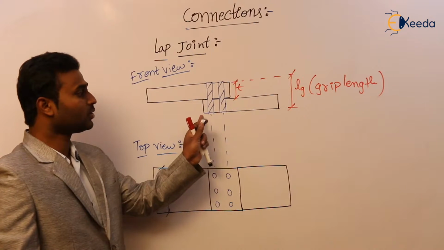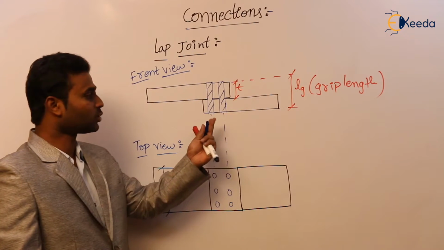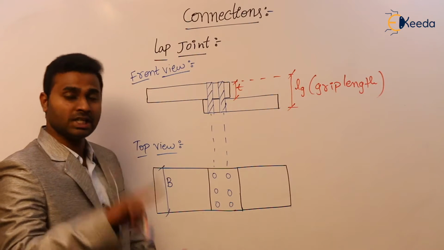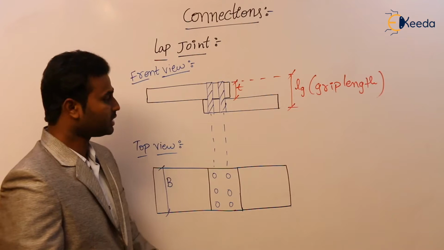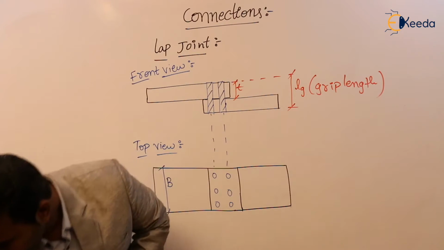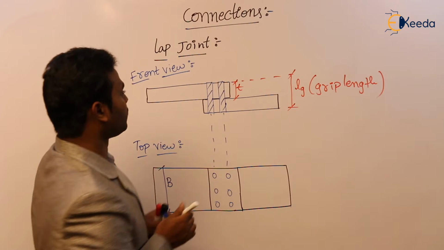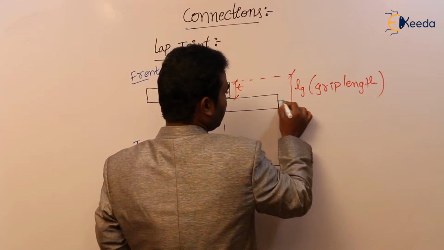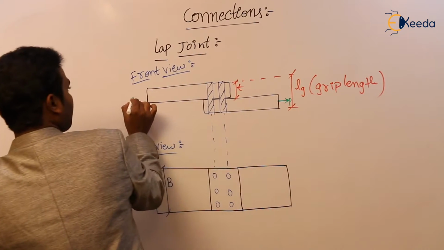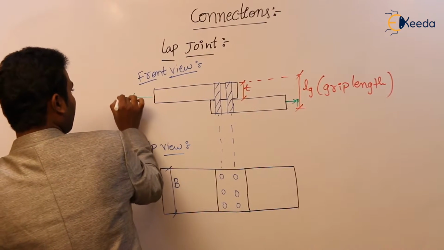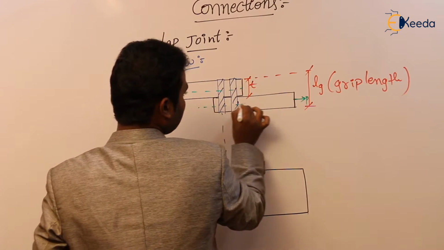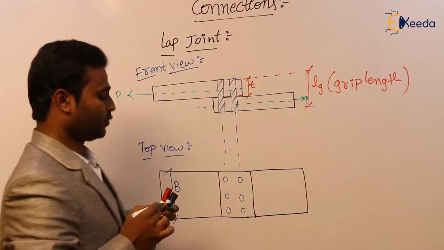Here we can see only the number of lines, the 2 lines. But here, of course, we can see the lines and the bolts in each line. Clear or not? So this is the lap joint diagram. Now where are we going to place a load here? So this is how the load is going to be applied, P. This is the central line of action of force, and here this is the central line of action of force. Okay.